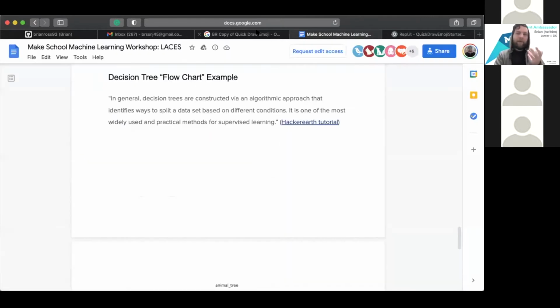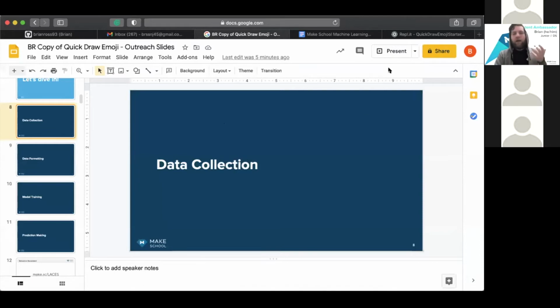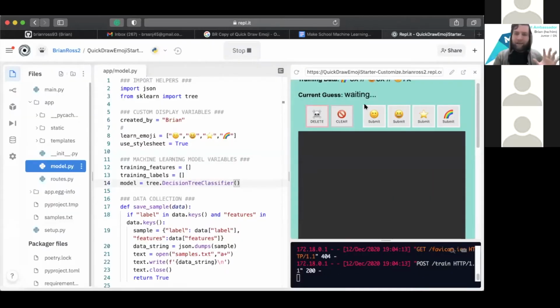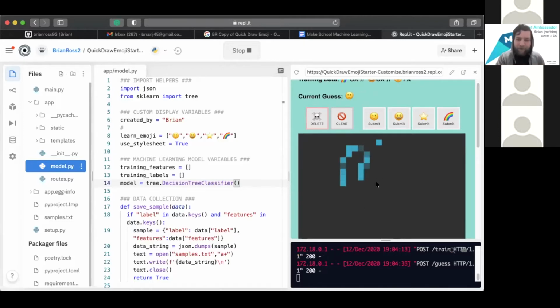Remember, for the data collection, the machine learning model doesn't have any concept of happiness or stars or rainbows. We have to give all of this to the machine itself so that it can compare different things to try and figure out what's going on. It's sort of like when you're a kid, you figure out what something is by figuring out what it's not. And the same sort of idea here, where we have to give it every piece of information that we want.